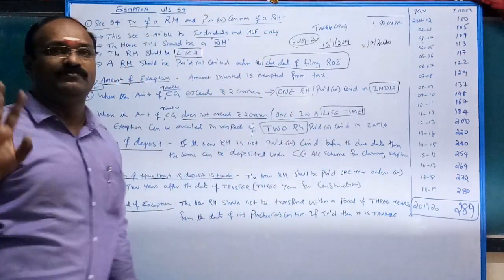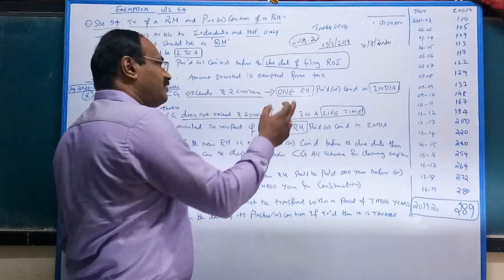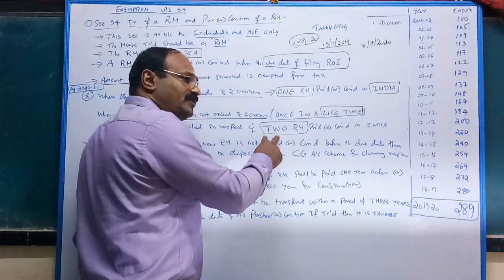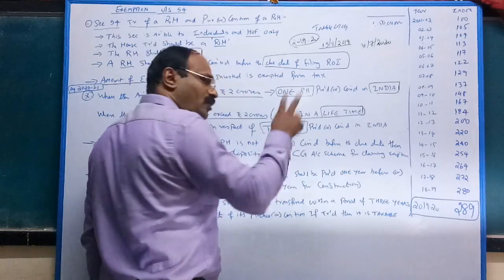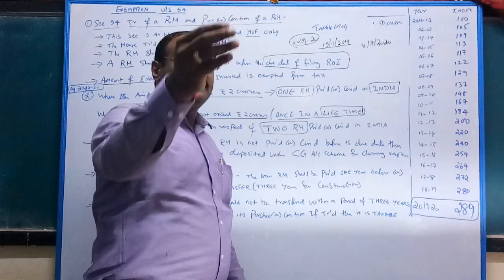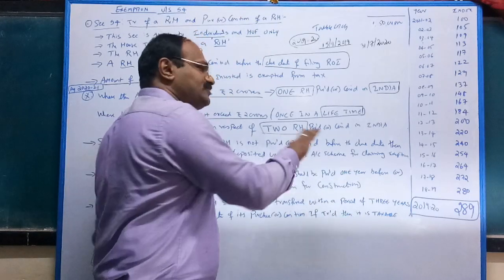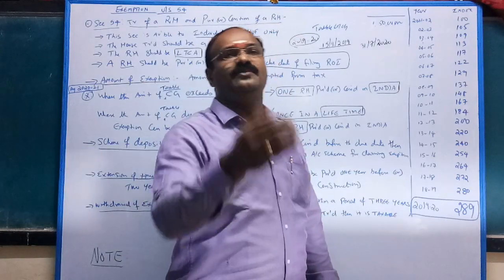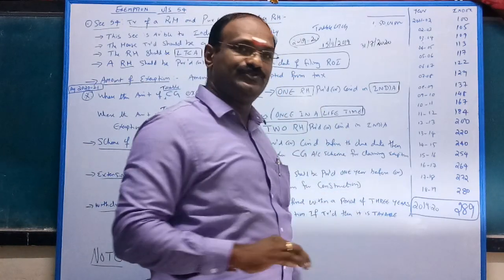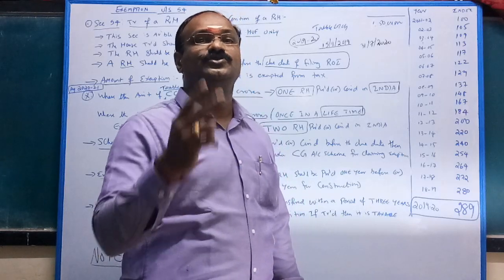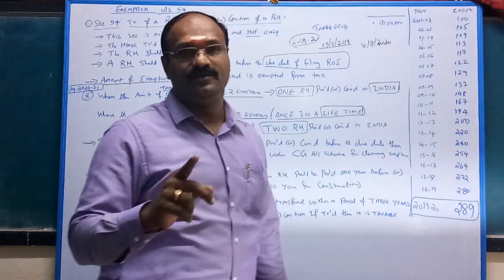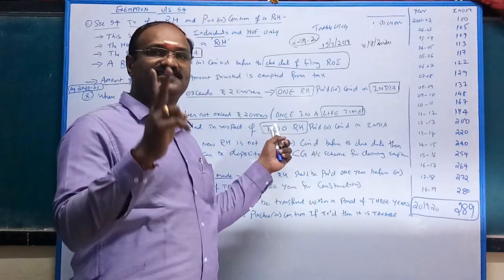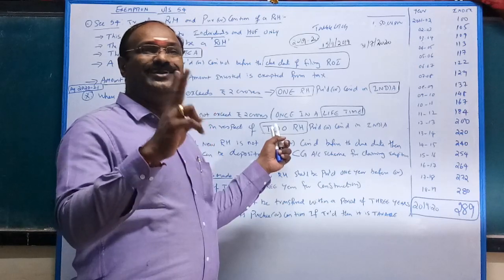Once in a lifetime means, for example, your taxable capital gain is less than 2 crores. So you have an option. You can purchase 2 residential house properties. If you opt for it right now, and after 5 years, for example, one of the houses is going to be sold, and again your capital gain is say 1.75 crores or 1.5 crores, you cannot purchase 2 residential houses. Repeat. You can opt for these 2 residential houses once in a lifetime only.